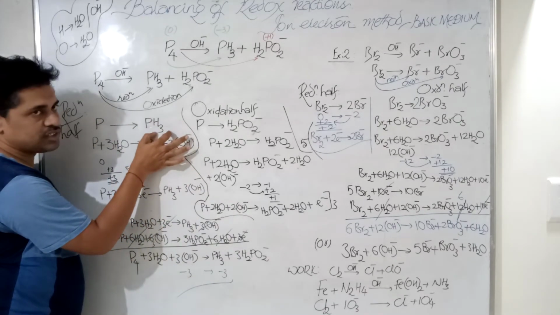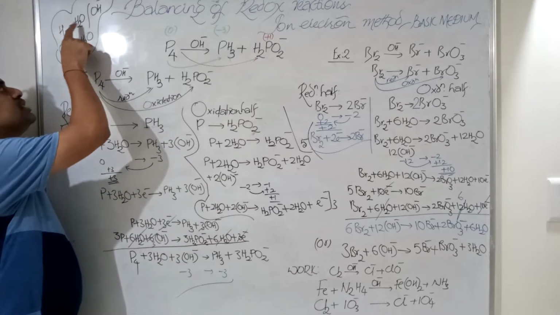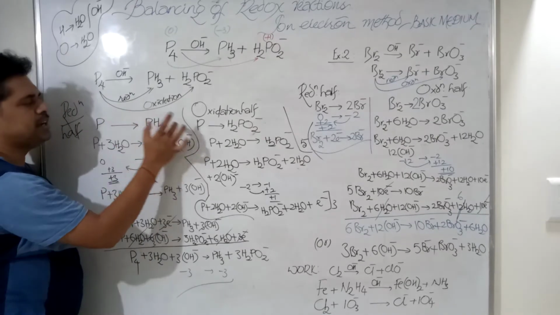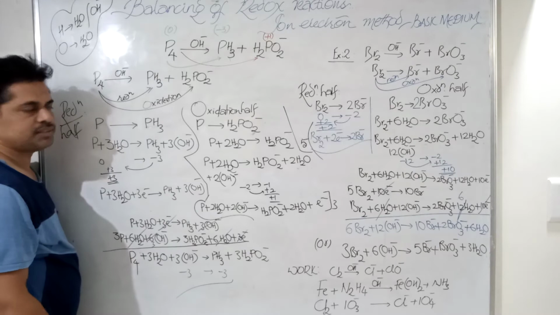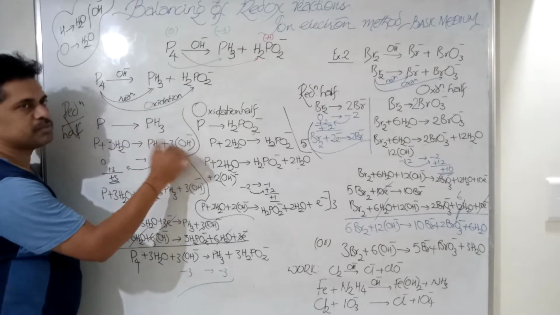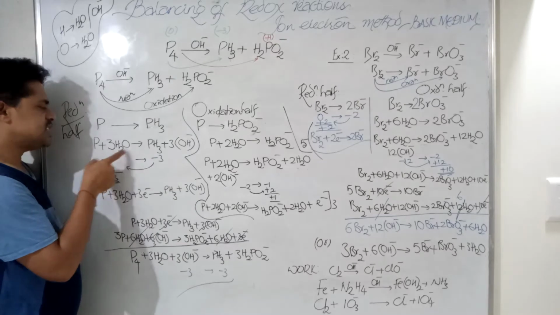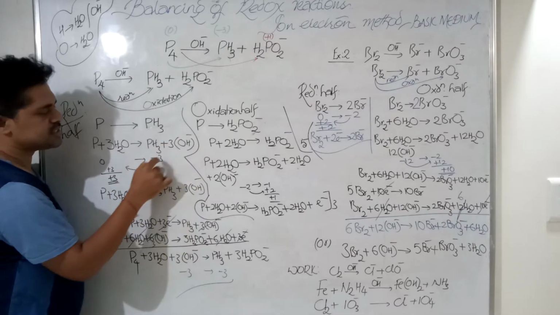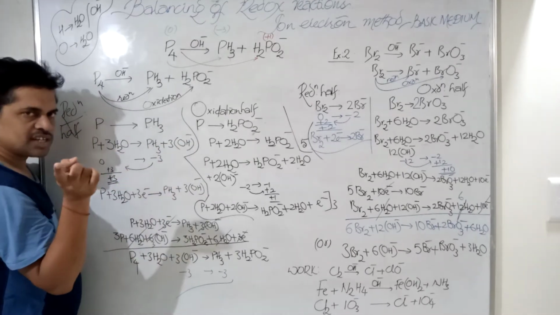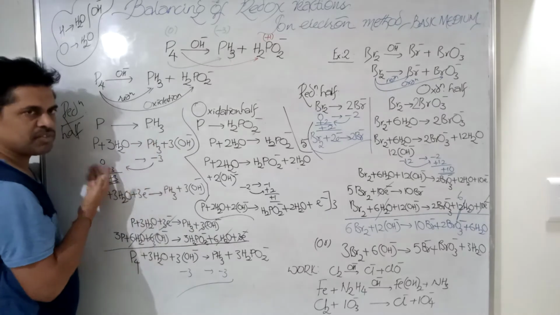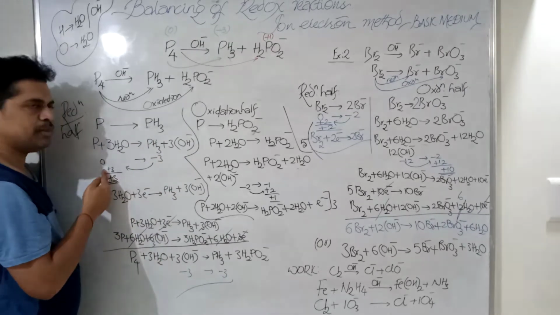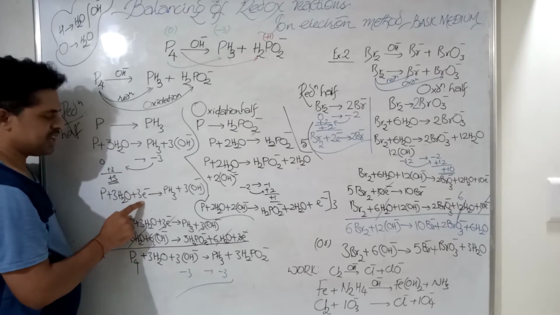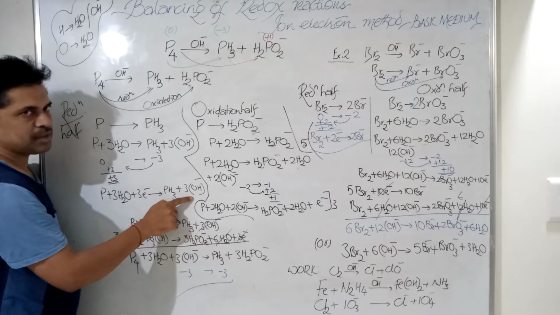Hydrogens, you see, 3 hydrogens are there. As I told you, if hydrogens are less, add water and OH minus. 3 hydrogens are there, so you add 3 water and immediately 3 OH minus. Job done. Now charges: left side is 0, neutral. The right side is neutral again, but there are 3 minus charges. 0 and minus 3, as I told you last class. On the bigger number side, the smaller number will come. This minus 3 when it comes to this side will become plus 3, which means on this side you need to add 3 electrons. P plus 3H2O plus 3 electrons gives rise to PH3 plus 3 OH minus.